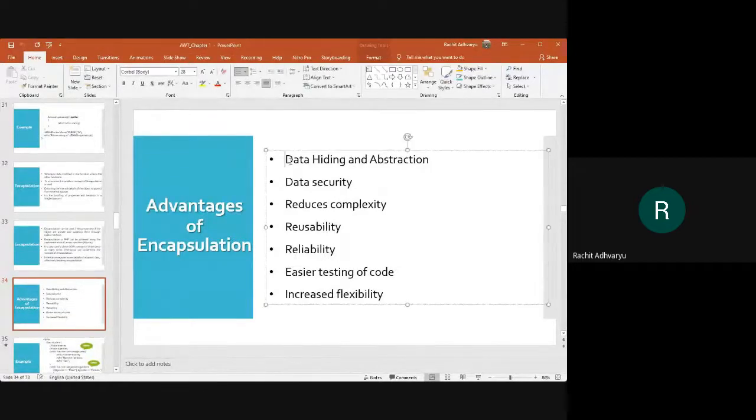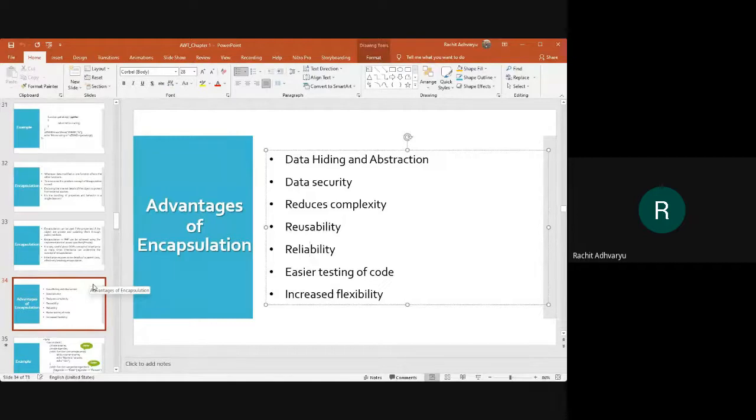We hide and abstract the data, we can secure the data, we can reduce the complexity of a program, we can reuse and rely on particular code, we can test and debug the code quite easily, and it is quite flexible. So this is the property of OOP that makes a program work more flexibly.